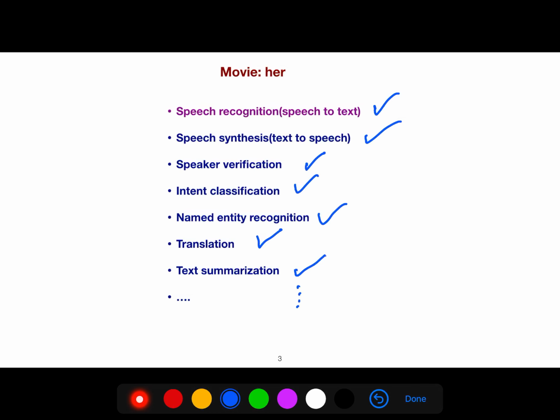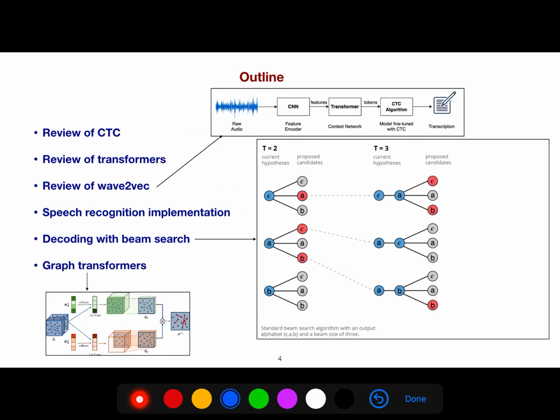So today we only focus on speech recognition. And there are many ways to do speech recognition, but nowadays we use CTC loss. So first we review CTC, then we review transformers, and then review wav2vec, which is one of the most successful algorithms for speech to text,